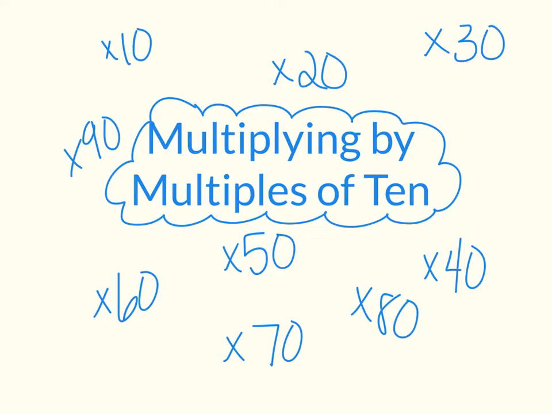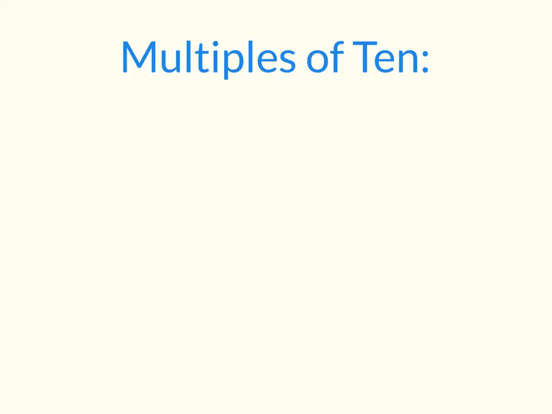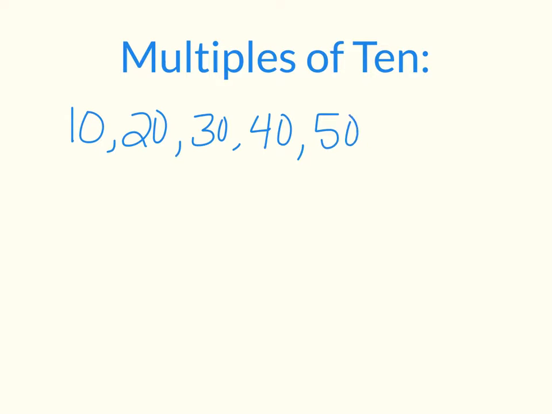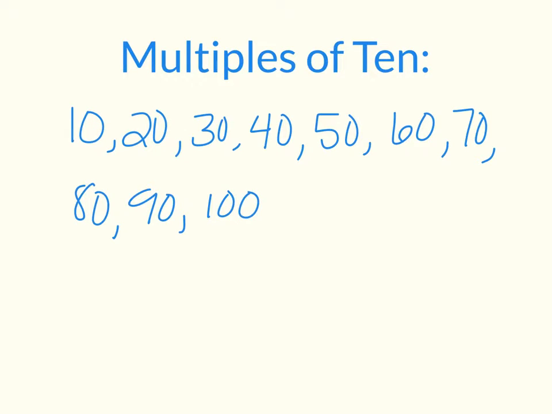This is an instructional video on how to complete your center called multiplying by multiples of 10. Multiples of 10 can be thought of as any number you say out loud when skip counting by tens. For example, 10 is a multiple of 10, 20, 30, 40, 50, 60, 70, 80, 90, and 100 are all